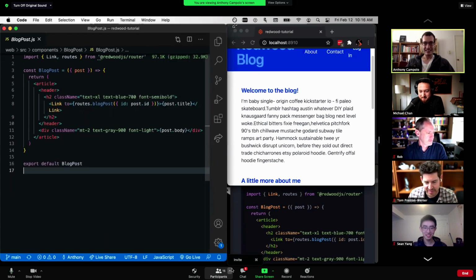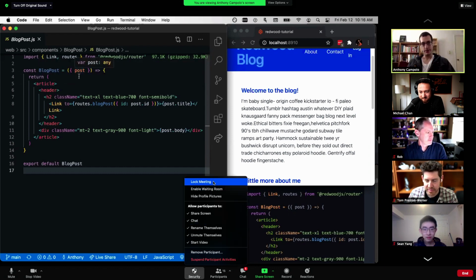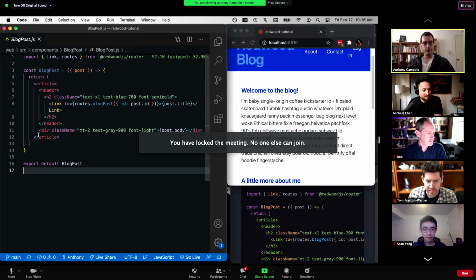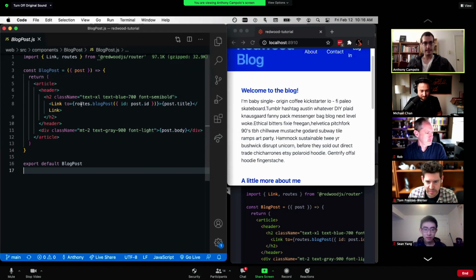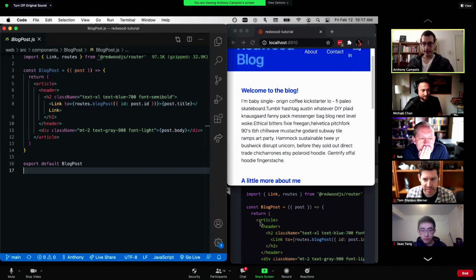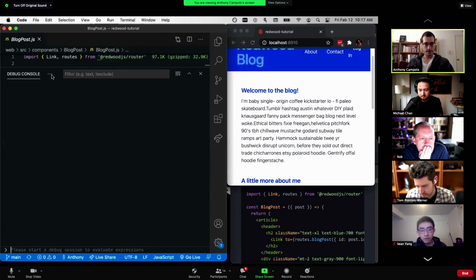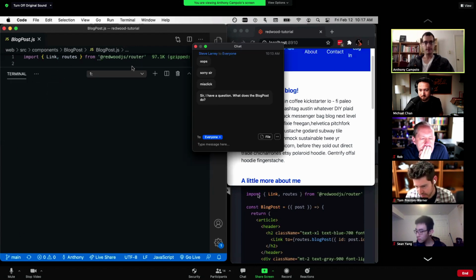All right, so this should be pretty easy to understand if you've ever seen a React component before. We've got our blog post component, which is taking in the posts. And then for each post, it's going to create an article. That article will have a header. Inside that header is going to be the post title, which is what you're looking at right there, and then the post body, which is what we're looking at right there. Now, this is pretty cool, but what we can also do is take a look at this in